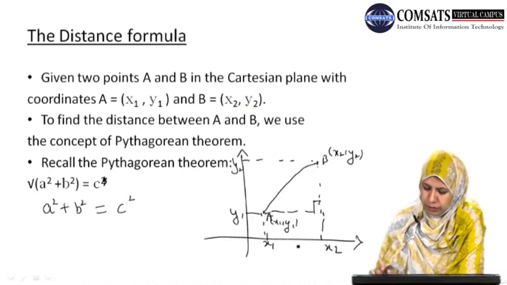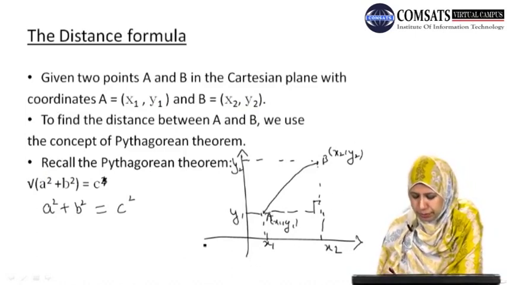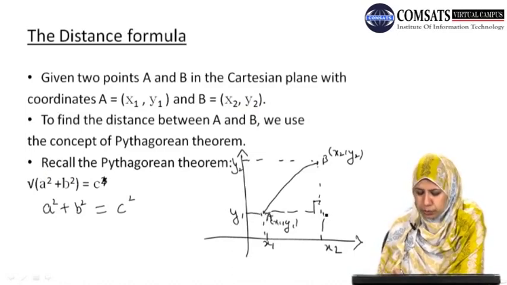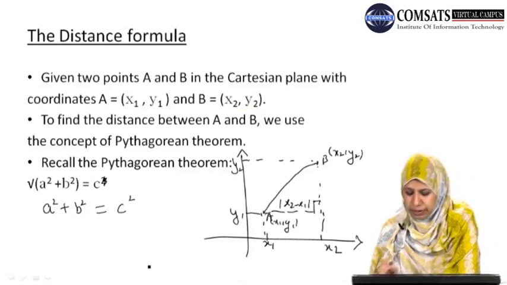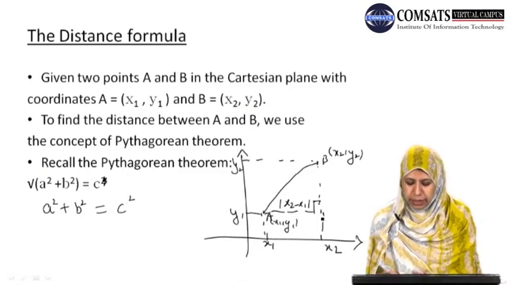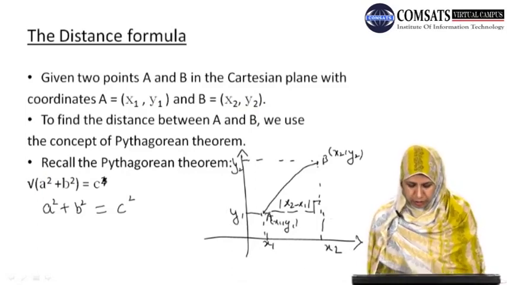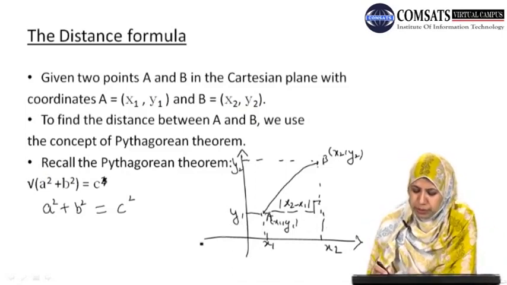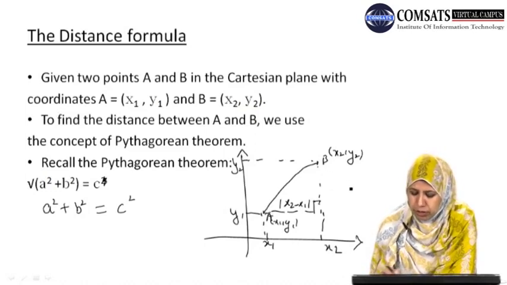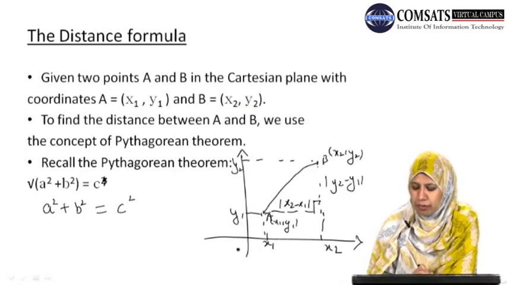So here if we look at our Pythagorean theorem and this diagram, then what is the length of the base? Length of the base is x2 minus x1, with absolute value, because x and y can be negative. For simplicity we have assumed that A and B both lie in the first quadrant, but they may lie in any quadrant, so we will take the absolute value. Okay, so what is the perpendicular here? Perpendicular is the height y2 minus height y1, that is the absolute value of y2 minus y1.